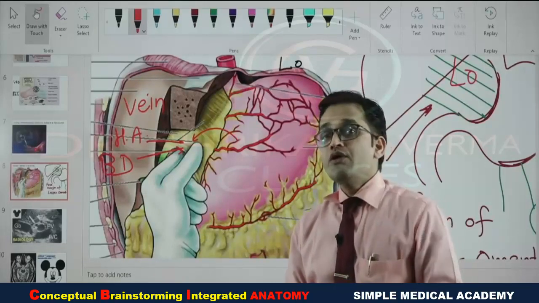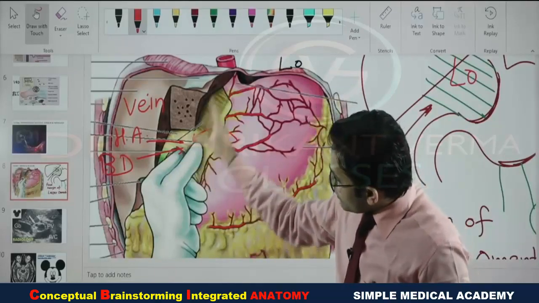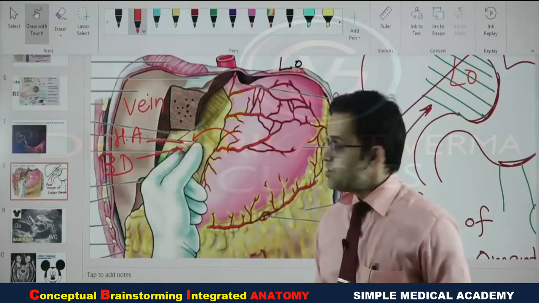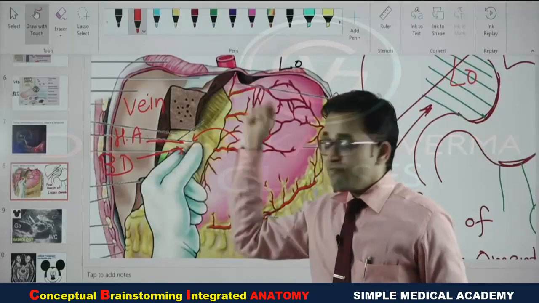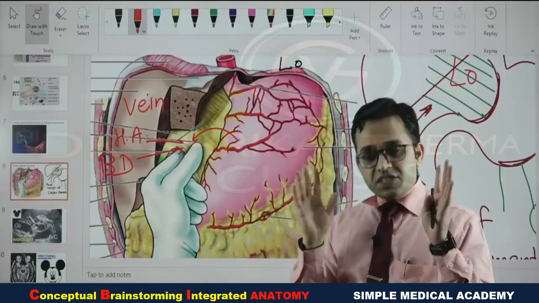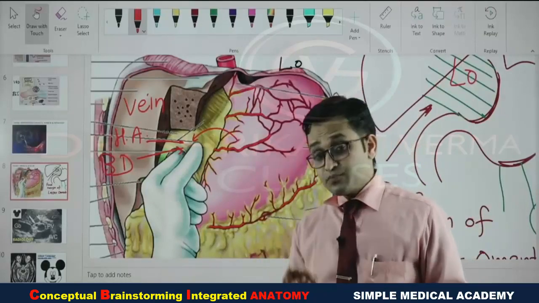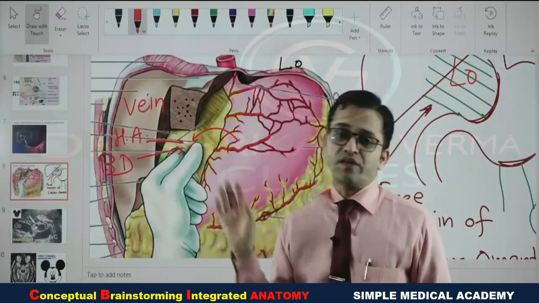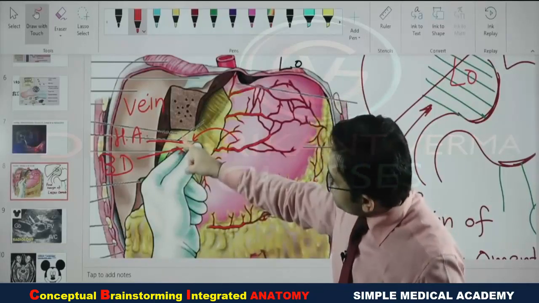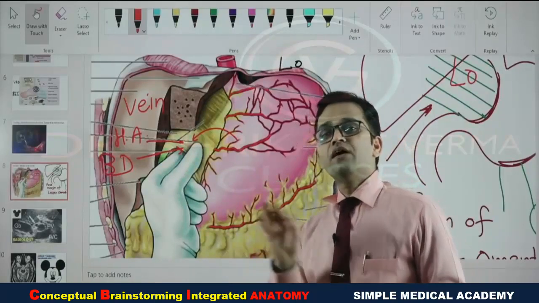So what you will do? With the help of the knowledge of anatomy, now you are knowing along the free margin of lesser omentum, the structures are present: vein, artery and the duct. So you are compressing this vein, artery, duct along the free margin of the lesser omentum. So there is no bleeding, no shock, and the chances of the chemical peritonitis also reduces. Very fine. This procedure is known as Pringle maneuver. What is the Pringle maneuver? Compression of vein, artery, duct along the free margin of lesser omentum is known as Pringle maneuver.